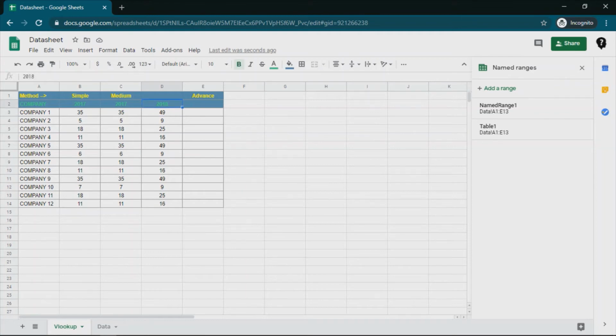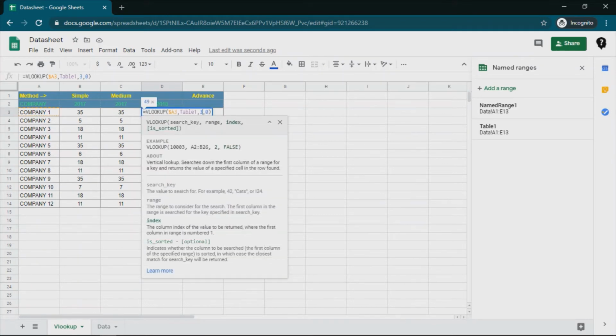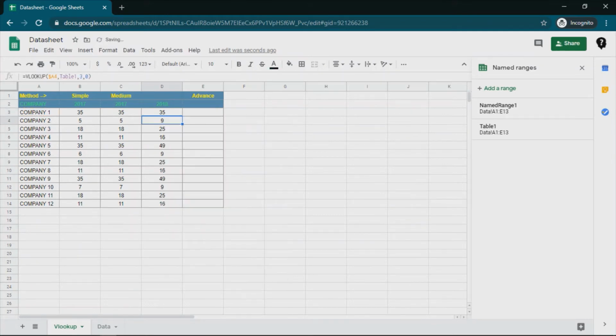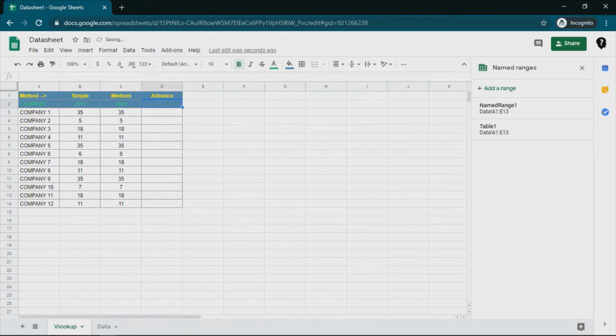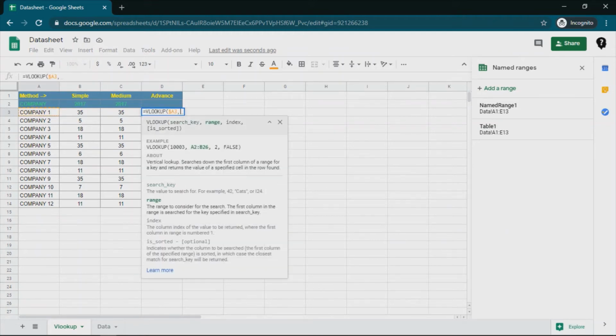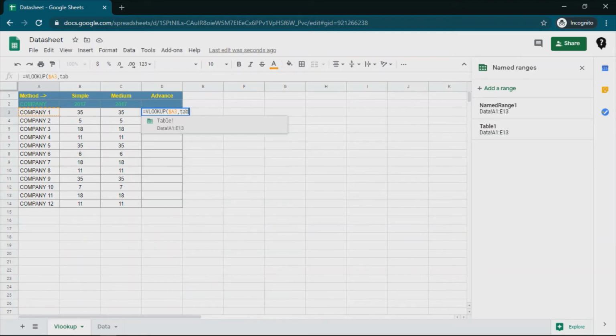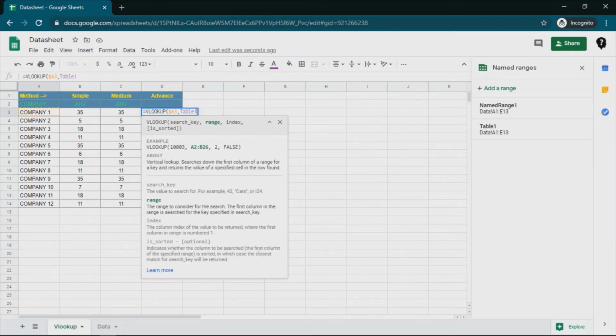Okay. So here if I type, so if it would have been for the 17, it will pick the same value. Okay. So this is my medium. Let me remove this. Now what is advanced is one step ahead, and we will make it dynamic. We look up, this is my search key. My named range is again table 1. Okay, so that is the first, medium level.